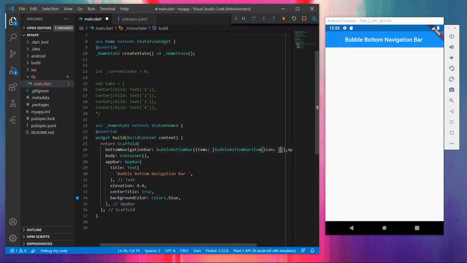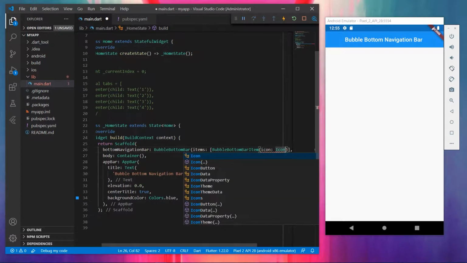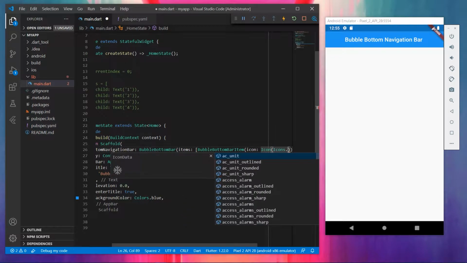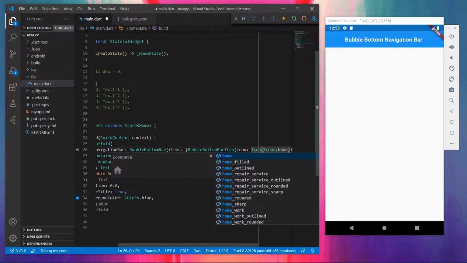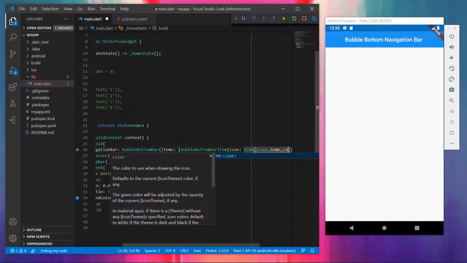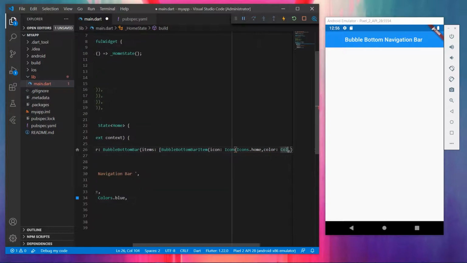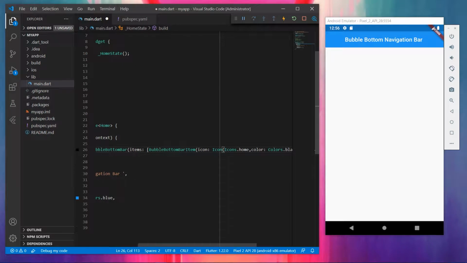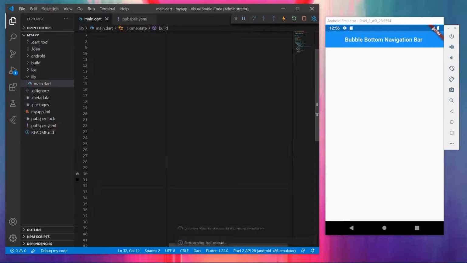So let's add an item of bubble bottom bar item. For icon, I'll be adding an Icon, that is Icons.home, and let's give this Colors.black, and let me just save this.